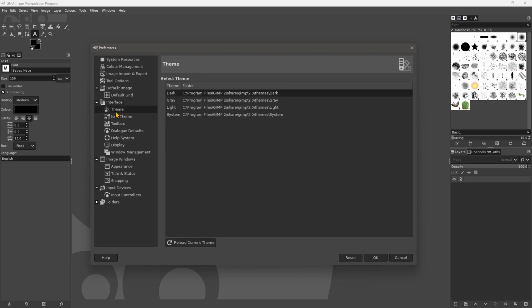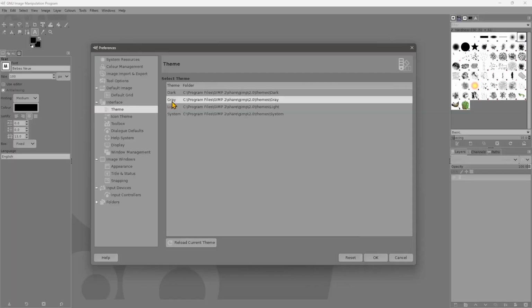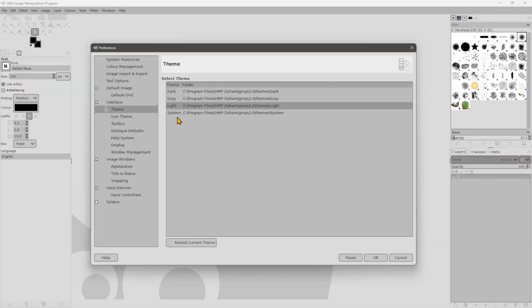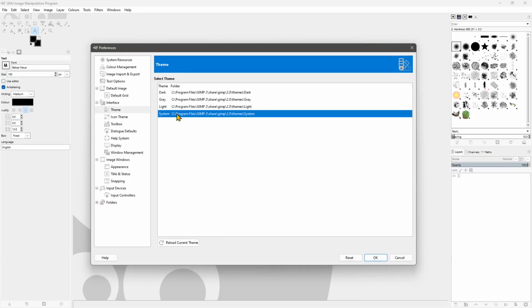Let's go to the theme. Now I think this is also something you wanna decide. I'm gonna keep everything as default, by the way, so that we have all the same setting. We are all on the same page in terms of the visualization of the interface, but you can make changes if you want. So you have a dark theme, which is this one here, and you also can change the color. So this is gray, really light gray, and you have even brighter. And then you have the system, which is going to take the system settings,